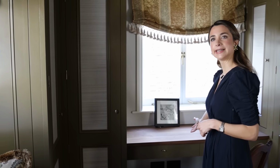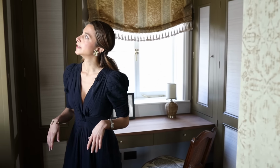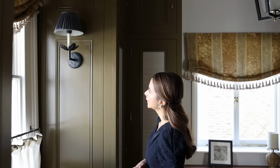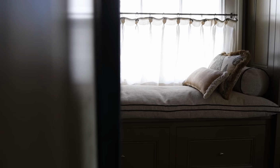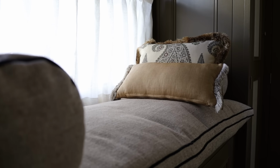And I wanted to create a little dressing area here, but you can also work from there, take a phone call, get ready. And I really liked adding these lovely wall lights here with a pop of blue for the shade. I think it really gives a beautiful little touch to the room. And then I have this little seating area again. I love window seats with a little cafe curtain. I think it's a lovely corner to retreat and